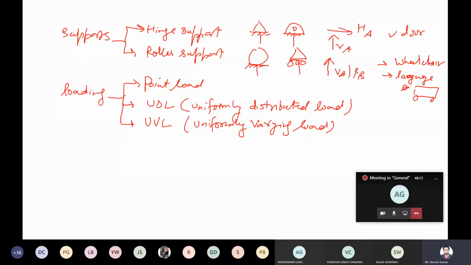So these rollers are basically supports provided on the object. So this is the roller support. We restrict the motion in the vertical direction, so we get only one reaction. In hinge support, we are restricting the motion in 2 directions, so we get the two reactions HA and VA here, and the symbols are like that. In the numericals, symbols will be like that. And for the loading, we have 3 types of loading: point load, UDL and UVL. The diagram is like that. This is the point load, this is UDL, and this is UVL.